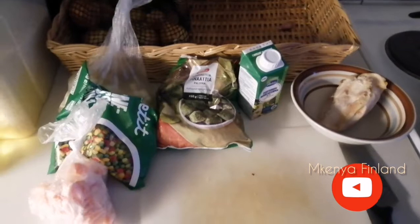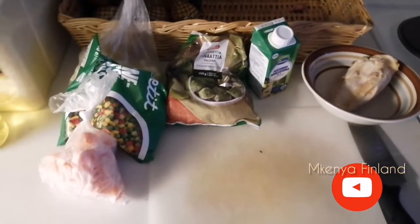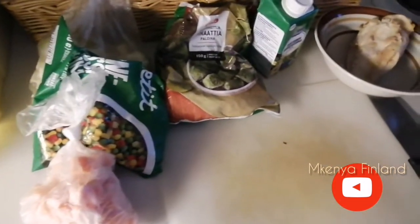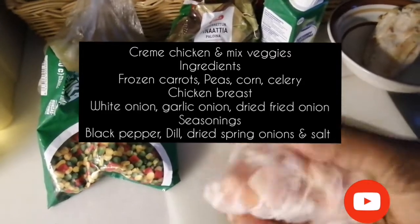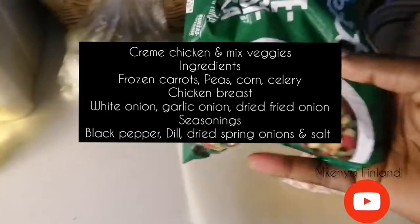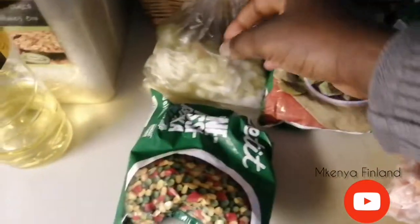Today we are cooking a meal from the freezer goodies. I don't know, is it what they call freezer meals or whatever. We all know it's January. There's no moolah, there's no money. So I was able to scavenge in my freezer and I found some frozen carrots, some peas and corn leftovers, some celery